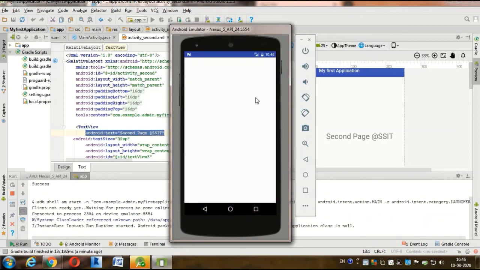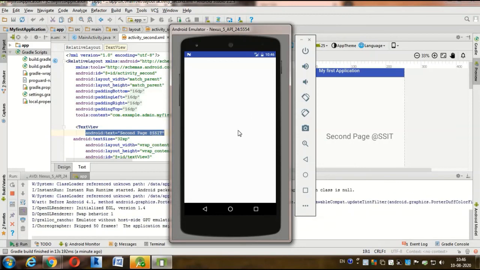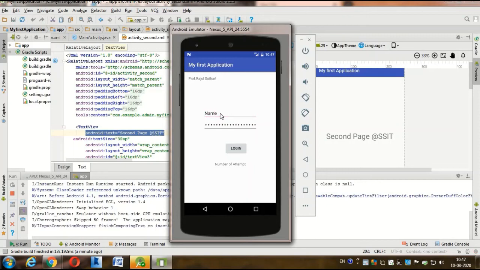So this is the first activity page. In the first activity, by default a name is written, so we remove this name by clicking on the backspace or delete button. Here the username is given, and password.